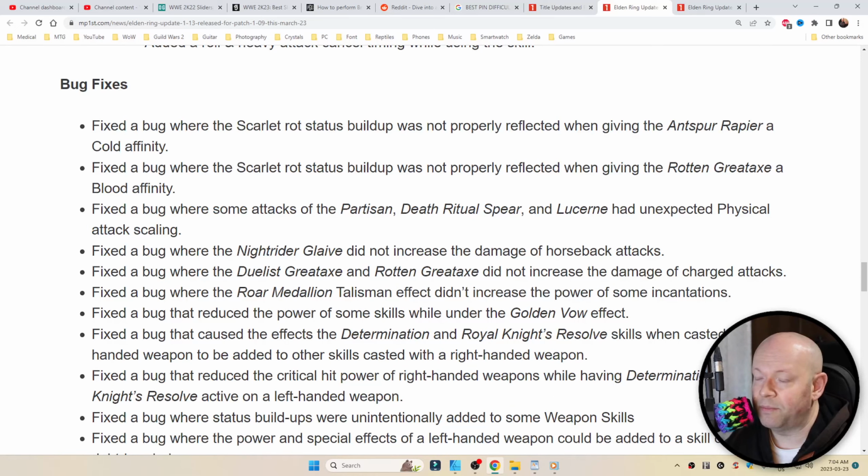Bug fixes. Fixed a bug where the Scarlet Rot status buildup was not properly reflected when giving the Antspur Rapier a cold affinity, or where the Scarlet Rot status buildup was not properly reflected when giving the Rotten Great Axe a blood affinity, or where some attacks of the Partisan, Death Ritual Spear and Lucerne had unexpected physical attack scaling, or where the Knight Rider Glaive did not increase the damage of horseback attacks, or where the Duelist Great Axe and Rotten Great Axe did not increase the damage of charge attacks, or where the Roar Medallion Talisman effect didn't